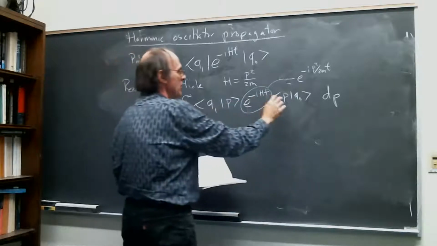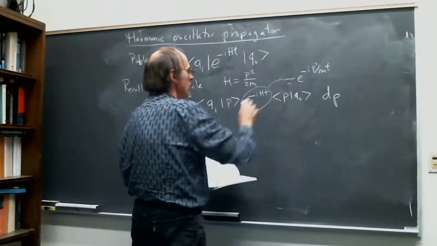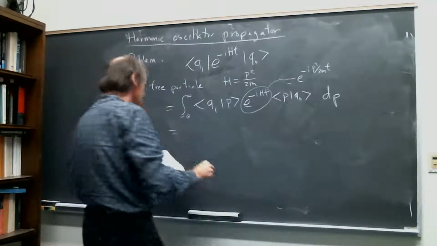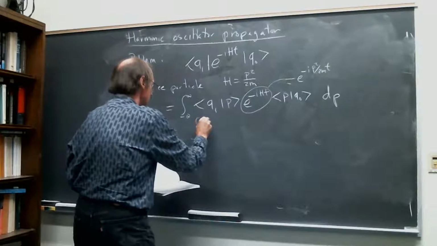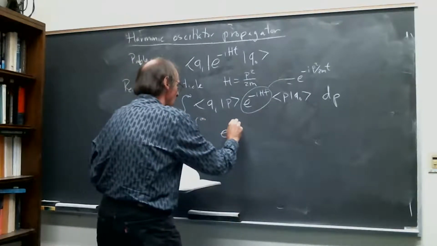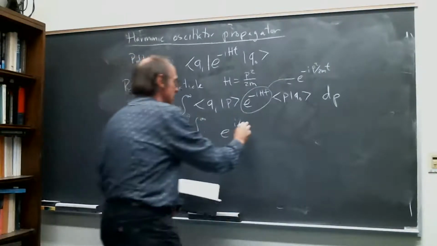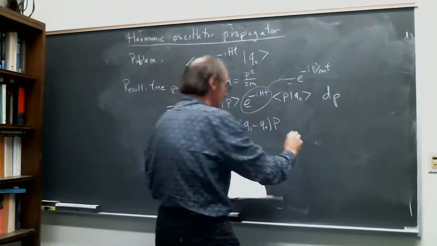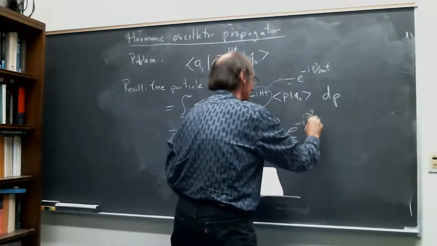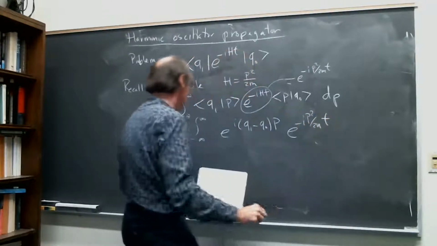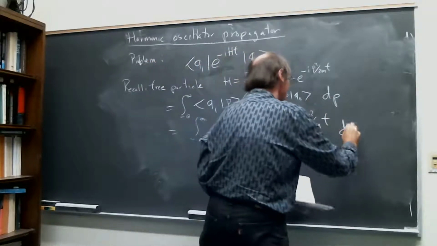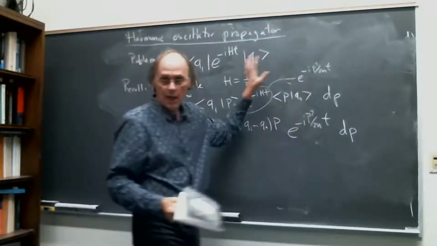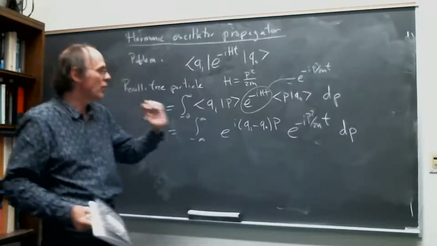You end up just getting a p integral, something like the integral from minus infinity to infinity of e to the i, I'm not sure about the sign, (q1 minus q0) p, times e to the minus i p squared over 2m. So you basically do this. So this is the calculation. We went over this before for the